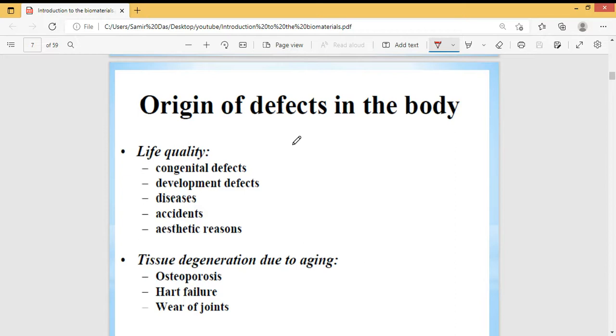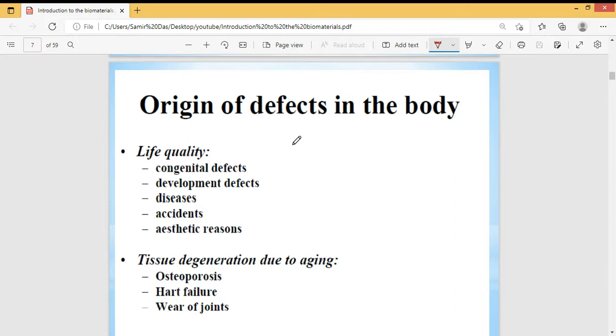Coming to the life quality part, those are the basic diseases we go through in day to day life, like arthritis, the main cause of orthopedic diseases, knee pain and other things. Other detrimental things are sudden accidental developmental defects,